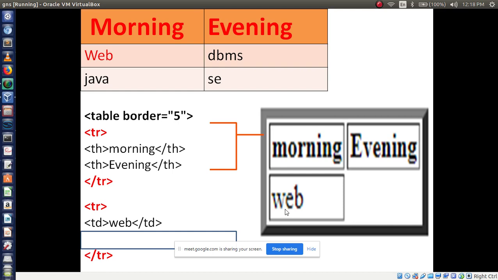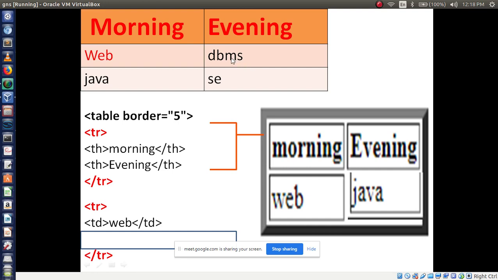Both are a choice. Now I want to display web and Java. So here I have to write DBMS. By mistake I have written Java, don't worry. So here what should I write now? DBMS. I have to display DBMS. So what is the code? Here I have to write, can anyone tell? td followed by the subject name.